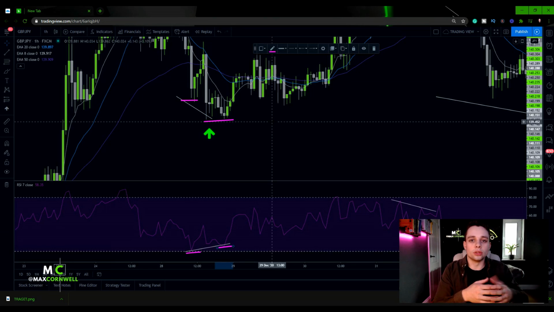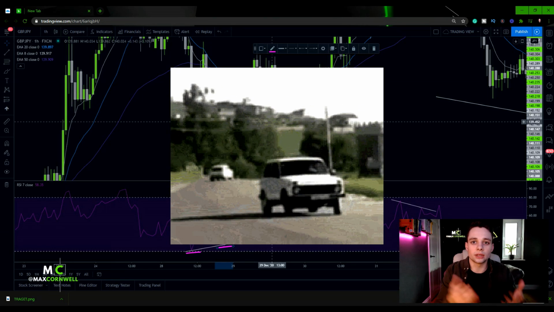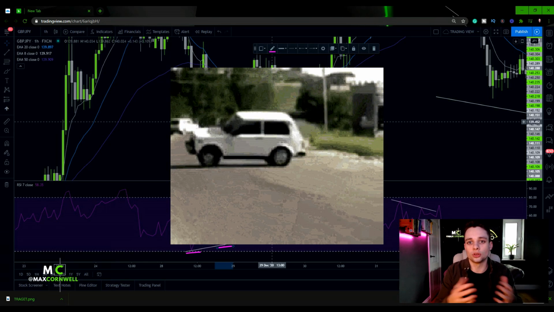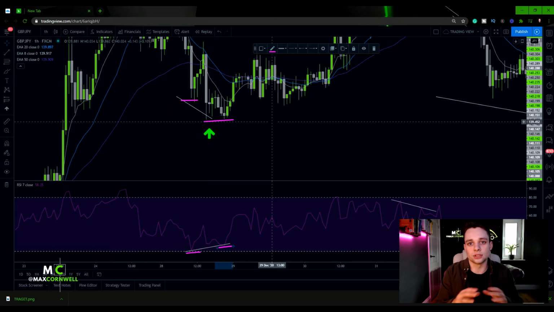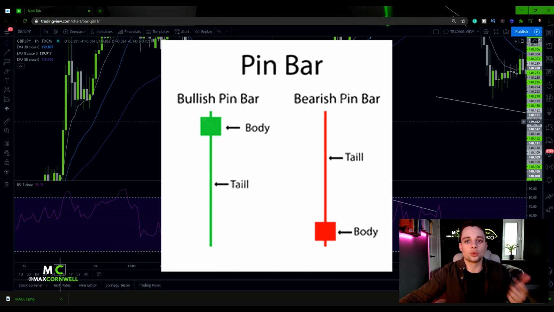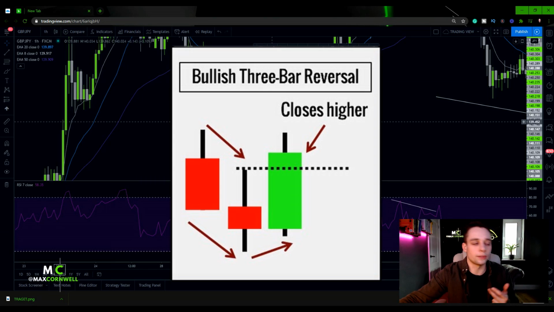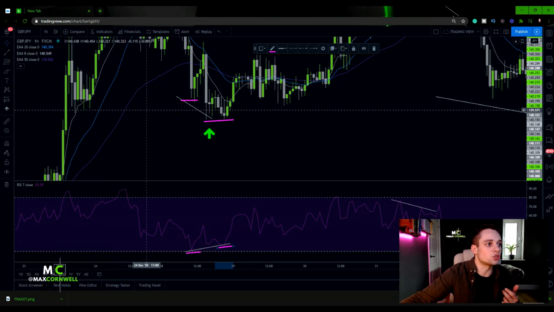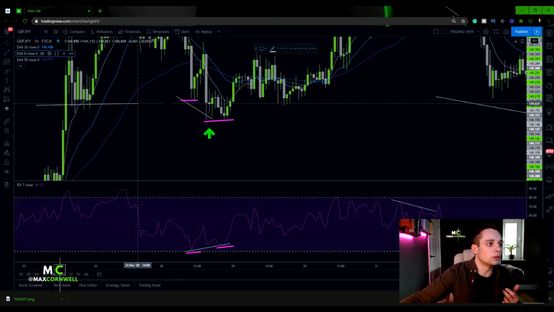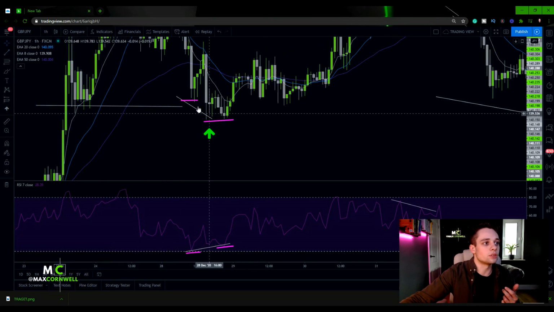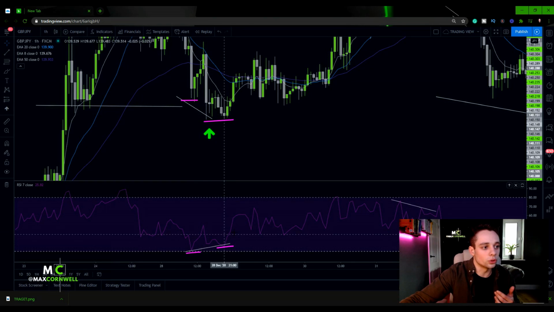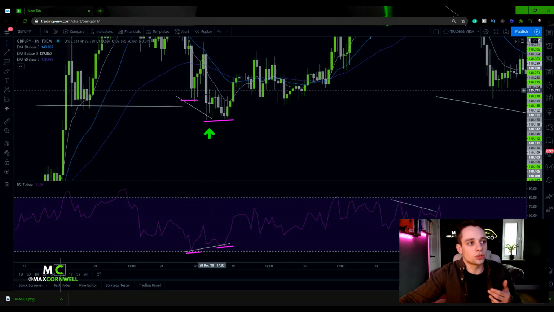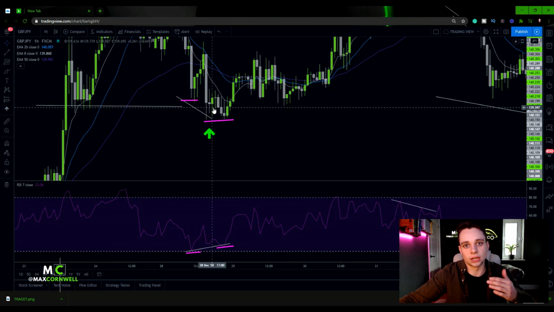So now we know that the price is making lower lows on less strength. We want to have some indication that price is likely to reverse, and we're going to do that by candlestick patterns and candlestick formations, right? So that can be in the form of pin bars, tweezer bottoms or 3-bar reversals, right? So as you can see, lower lows in price action, we're actually at a level of structure, okay, looking left. We got a level of structure looking left, which we haven't broken and closed below. We got divergence on the RSI, and we've also got a pin bar print, which is a rejection candle, signifying